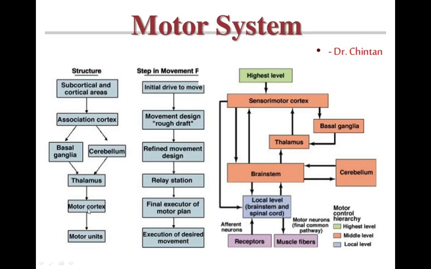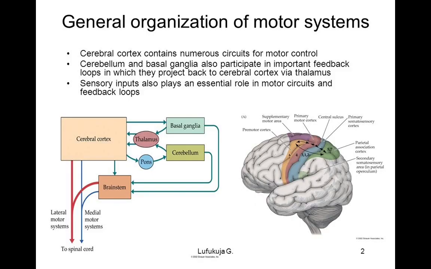And finally, we come to the motor cortex, which is responsible for initiating, planning, and programming the final execution of the desired or meaningful movement. Clear? So this is, we can say, an algorithm for the generation of a meaningful movement and posture. This is the same thing I've been speaking about in the last slides. This is again the circuit, an overview of the motor system circuit.